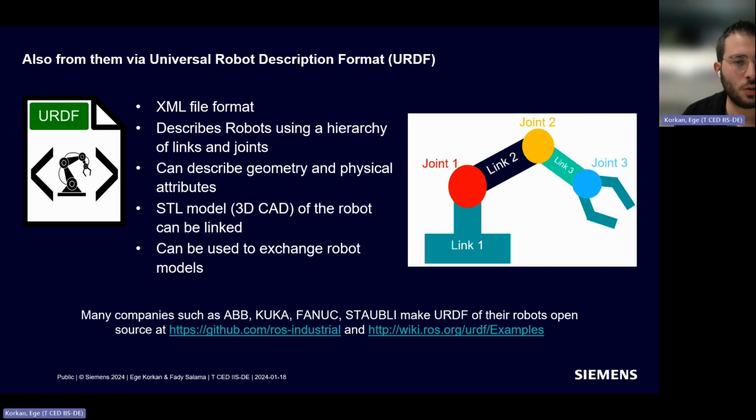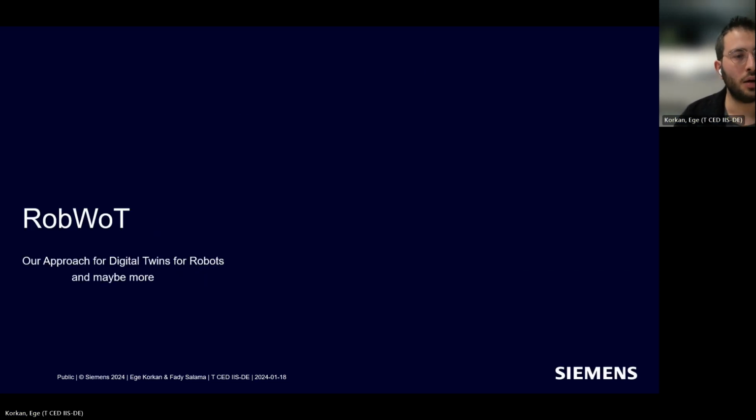And then in the end, you can exchange the robot models. And it's actually already happening. On GitHub, there are companies well-known in the robotics space sharing their URDF files. That means that you can take these and use them in different simulation software, a bit like taking a thing model or a thing description and using it in other software. So it has this nice decoupling effect. And then with this, we basically built robot,